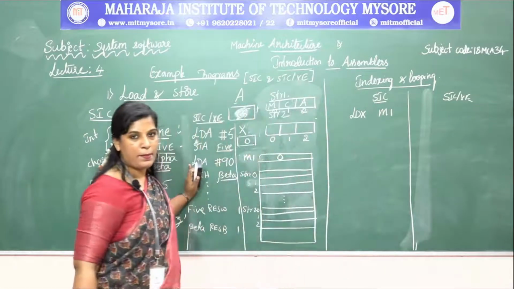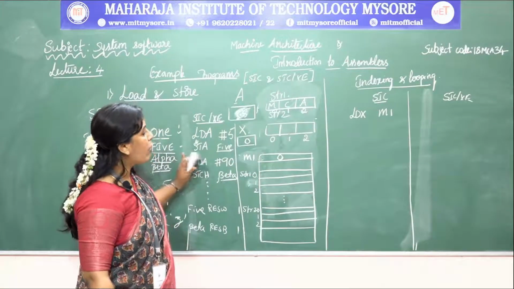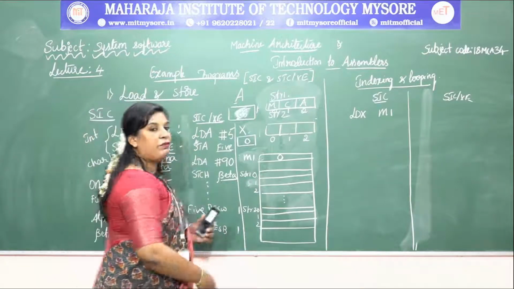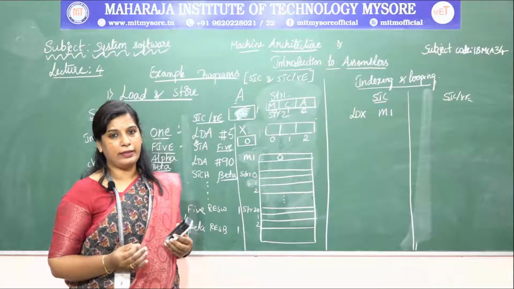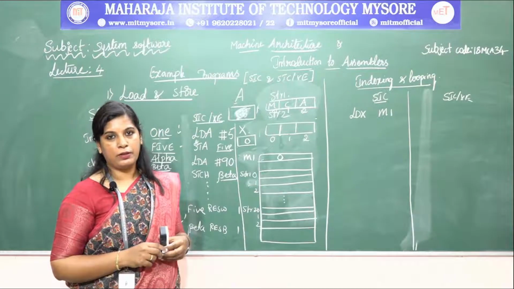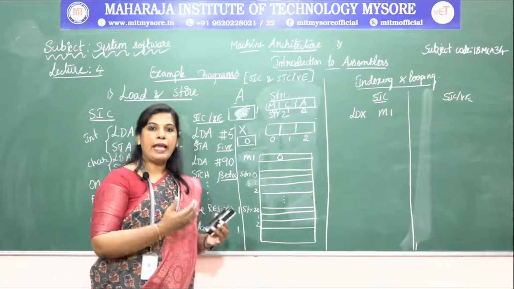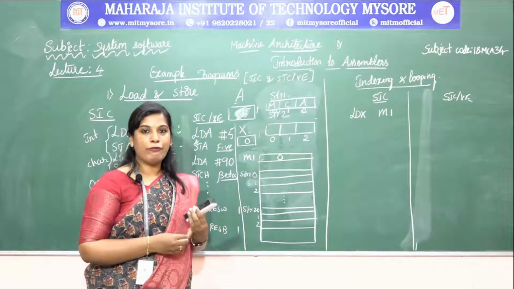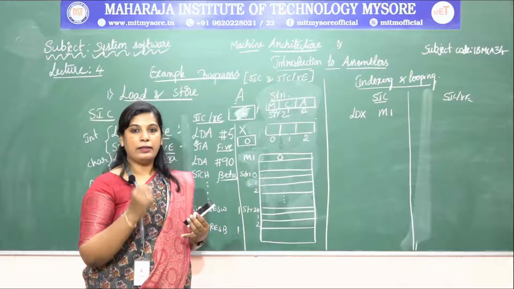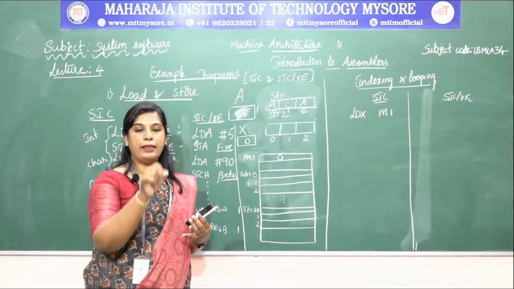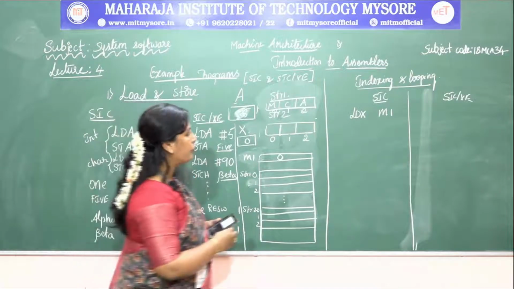After that, of course, when we want to perform any kind of operations on strings or arrays, we use a looping structure because it requires n number of operations. So here also we are using a loop, and the loop name is going to be mentioned in the label field. I will show you.